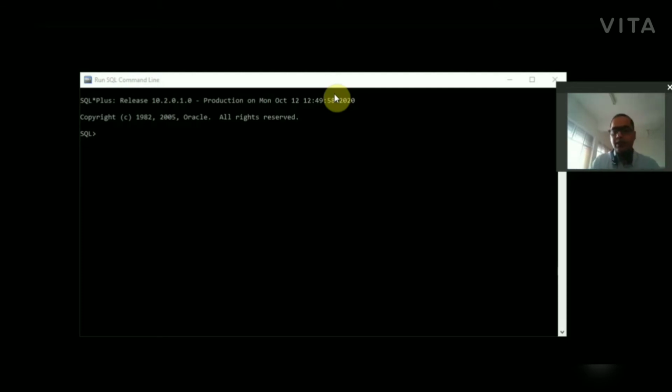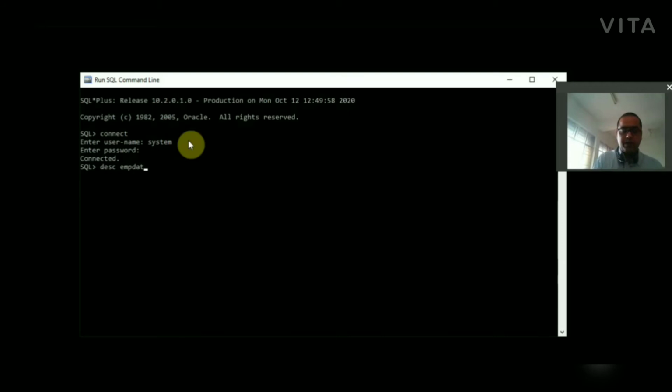First let me show you. I created a table. I connected with the system username, and now I show you the table. Its name is EMP data.